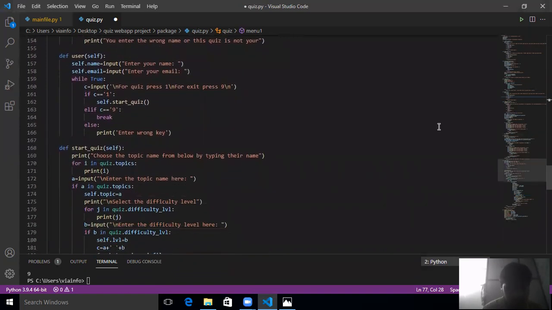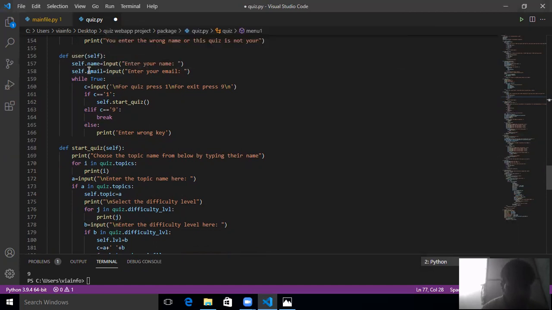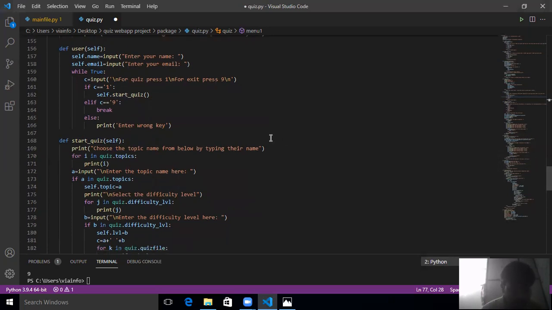Now again, this is def user(self), a user function. The user will have access to take the quizzes. It asks for the name and the email. These are the details. Here it shows the topics which are there, and the user has to select them, and after that,